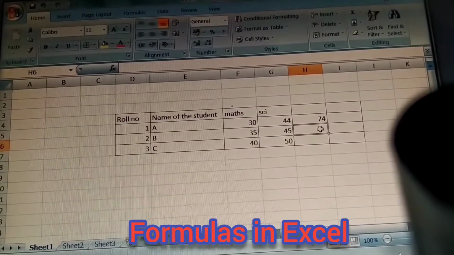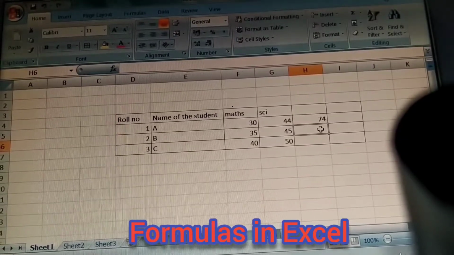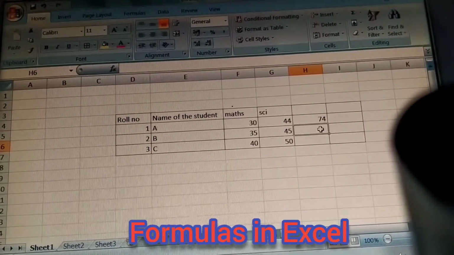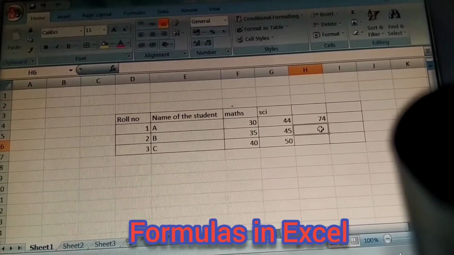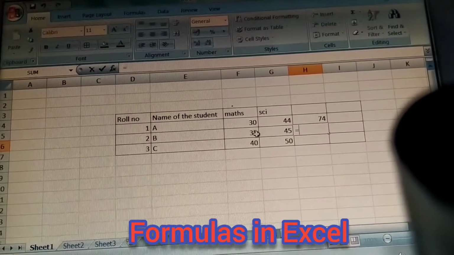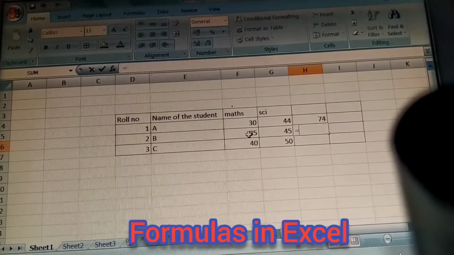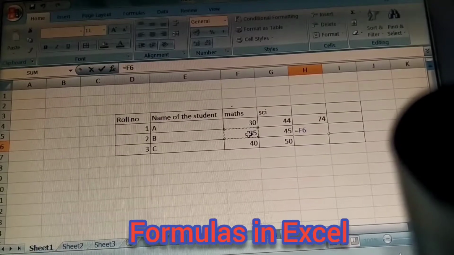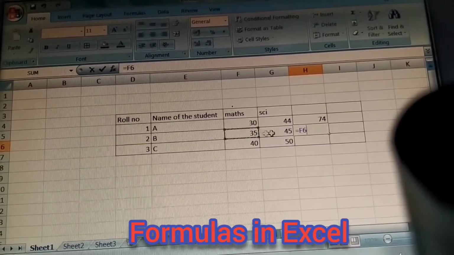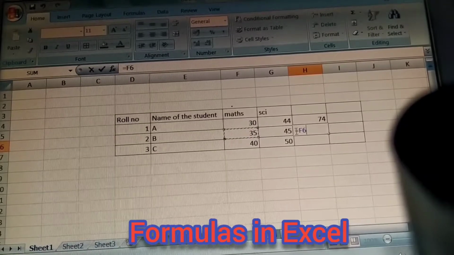The second procedure is we have to type the cell address. For example, see carefully, equal to symbol, then we select the first subject marks, only click, and automatically that cell address comes there. See, no need to type F6 there.